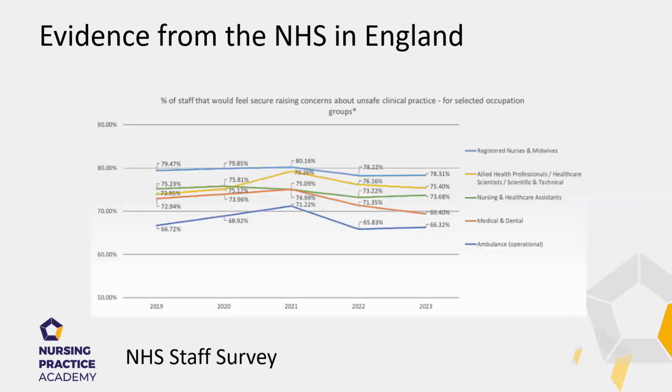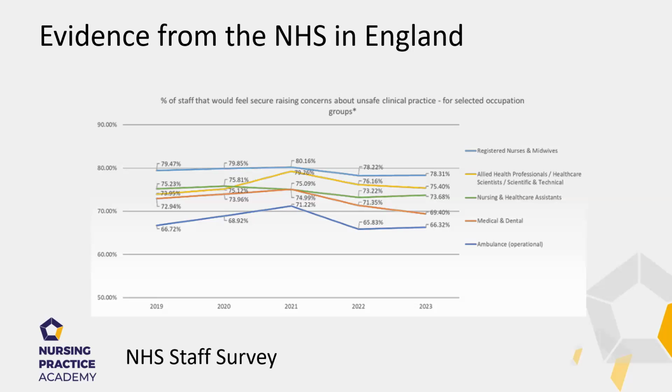Evidence from England here from the NHS staff survey, and this is the 2023 staff survey. And the percentage of staff who would feel secure raising concerns was at a 6-year low. The orange line there, orangey red line, is medical and dental. And you can see that that's particularly notable, how far that line has gone down in the couple of years prior to that. But I think it is overall reassuring that